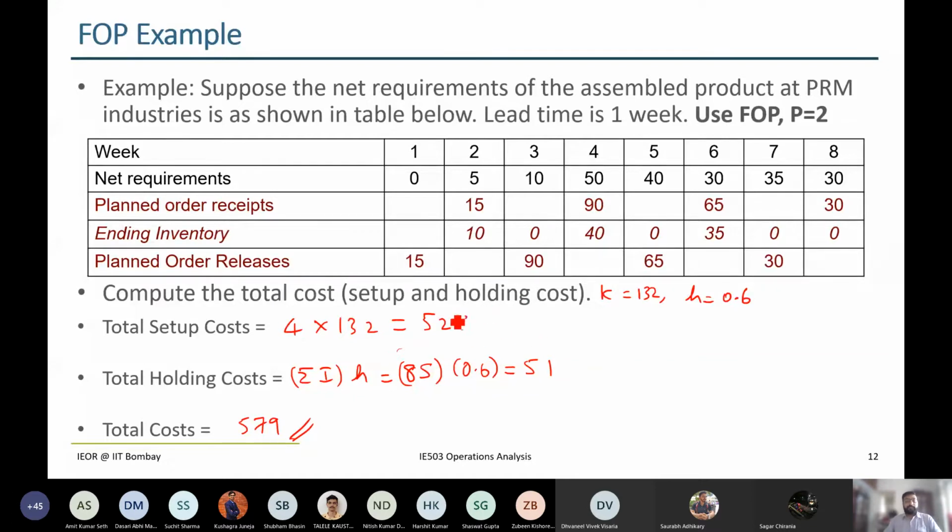It's quite easy to observe that setup cost is very high. So all we did is we reduced the number of setups, and of course we have to give some money towards holding the inventory, but it drastically reduced the cost. We went from 924 to 579. It's a huge reduction. So we reduced the number of setups, it increased holding cost. So that's pretty much a trade-off that we're trying to do. Keep increasing your holding cost, but reduce the setup cost and see where it reaches a balance.